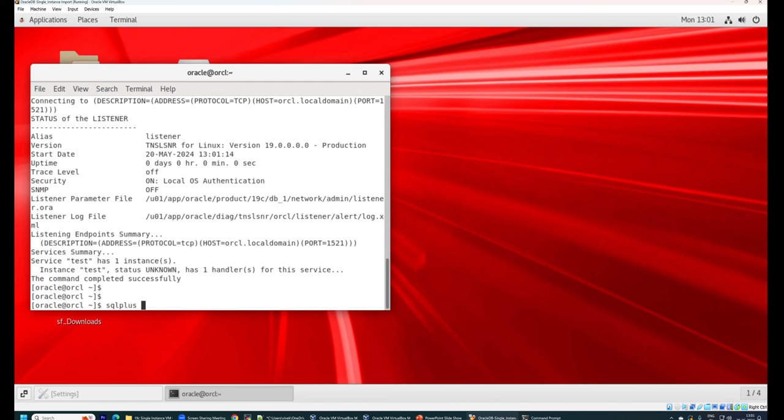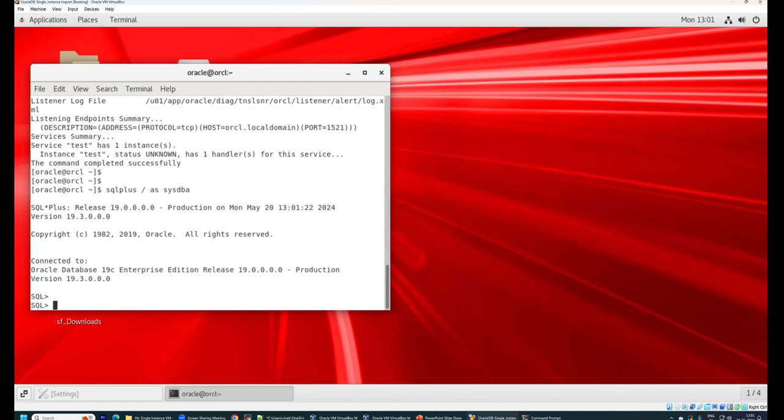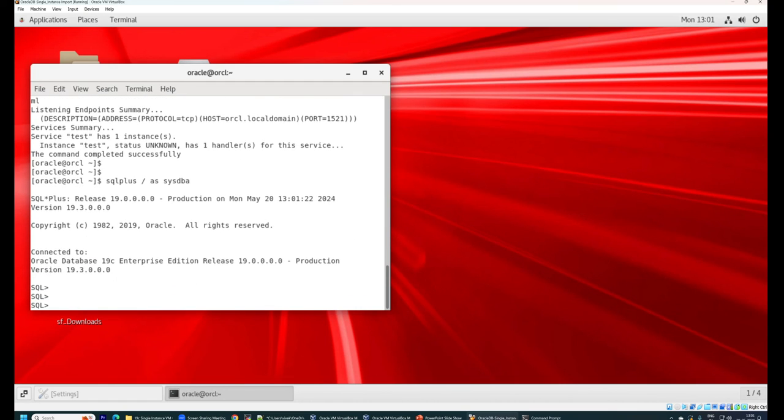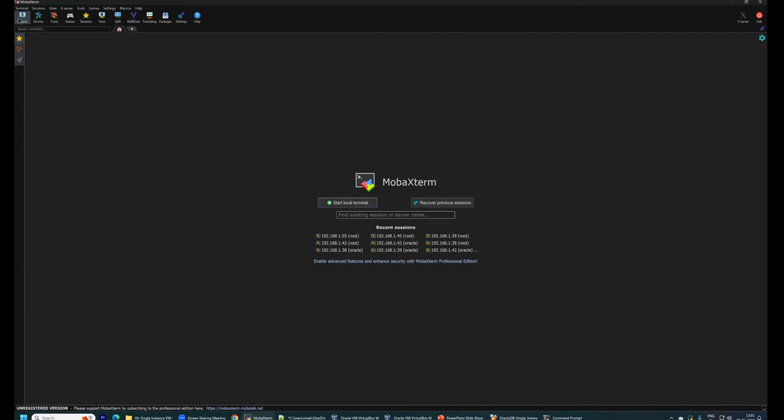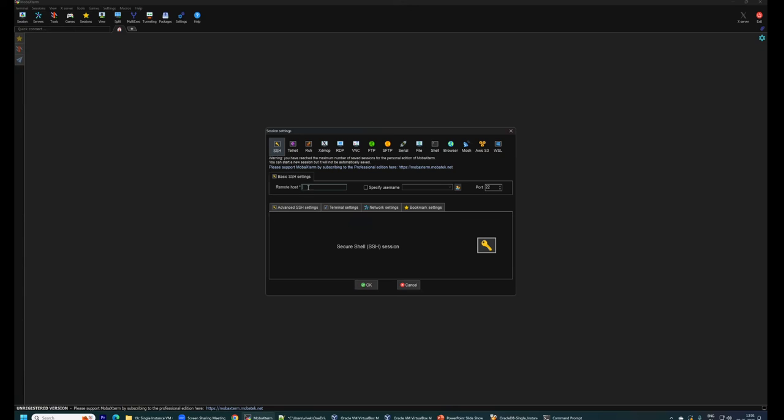So I hope you are able to understand how to start with importing the VM machine, how to start the VM for the first time, modify the IP address, and then connect to the VM. I should be able to connect to the VM machine using MobaXterm or any PuTTY application. So simply go to this application. There you have to type